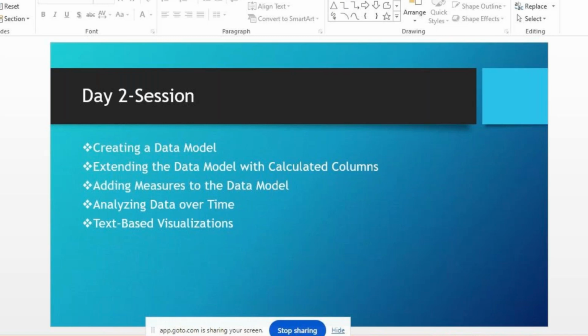Okay, and next, in Power BI we can create measures and calculated columns, right? So how we can create them, and what the limitations are for creating measures and columns, right? And next thing is analyzing the data over time. So data over time, specifically for the measure, will include most of the date parameters. For example, I want to filter the report based on my input date. Okay, so how we can pass the date. Okay, and next are the other visualization tools like text based visualizations, how we can do that. Okay,